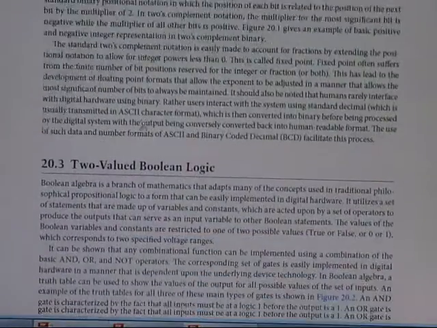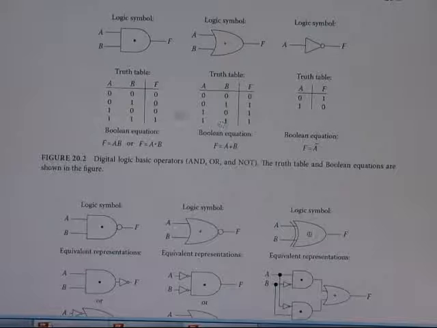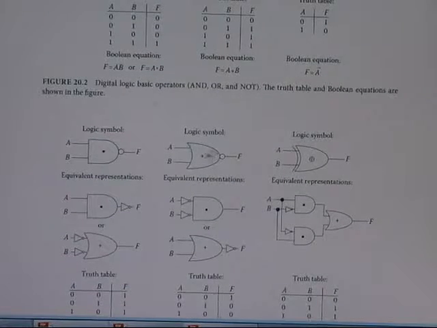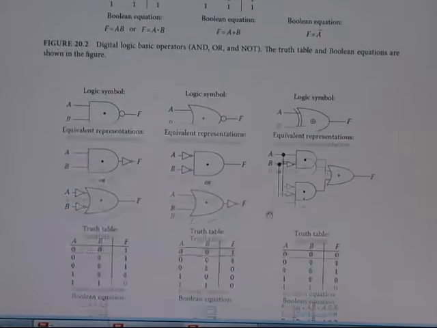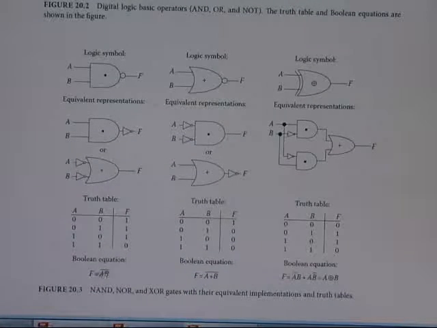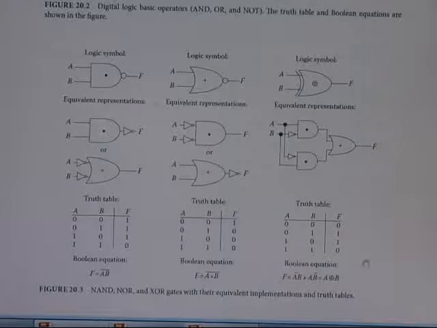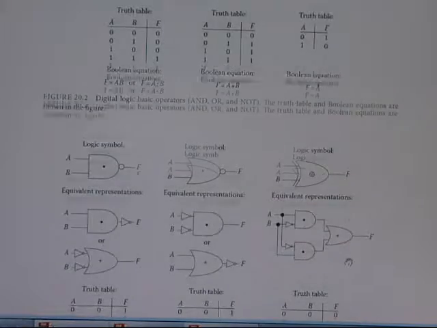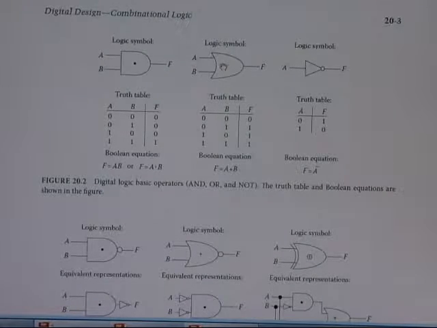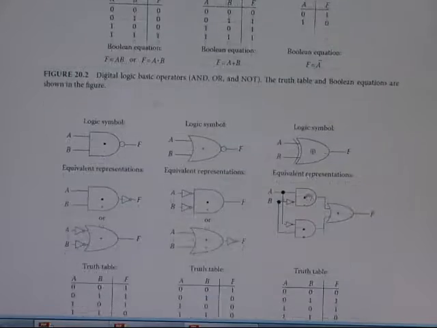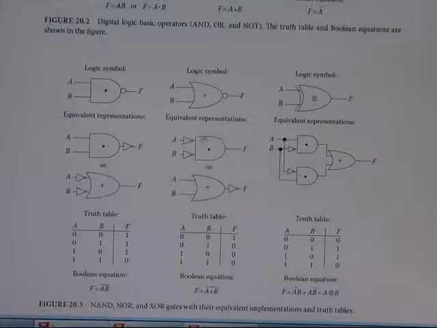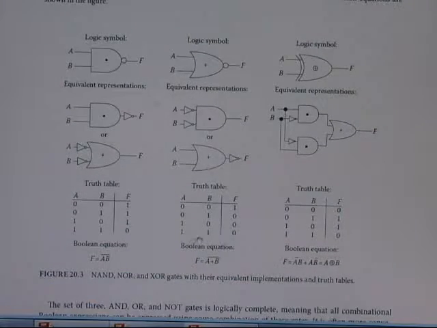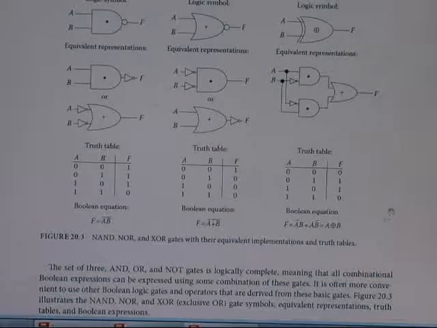So that will be two values of Boolean logic. These are the Boolean logic diagrams. So this is the AND gate, OR gate, NOR gate, and also the logic symbols of the AND and OR gates, and also the truth table. So this is the truth table for this value. This is also the connection, this is the truth table value, and this is the equation. And the logic gates are also the AND gate, OR gate, NOR gate.